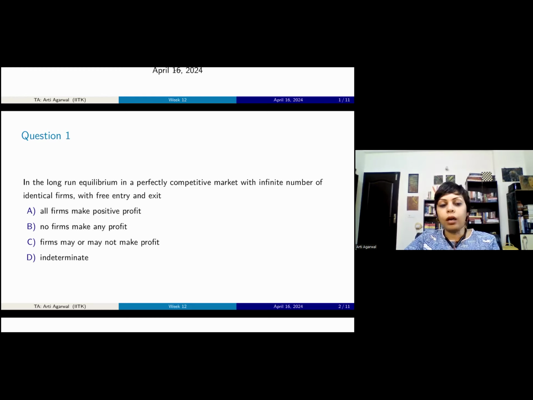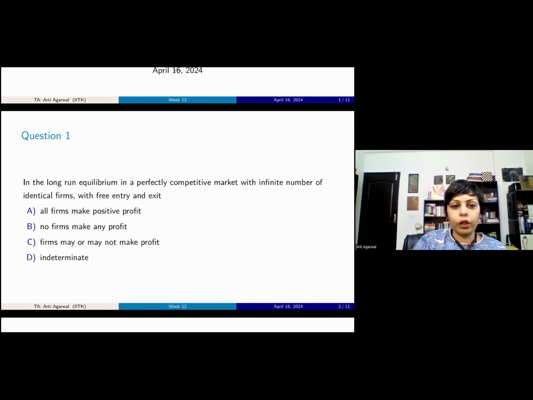That is not the type of exception we are discussing for the purpose of this particular course, at least, because this course is at a very basic level. Those things make it a lot more complex, and you won't get very neat calculations. Anyway, that's not perfect competition. We're talking about perfect competition, so there's always going to be an infinite number of firms. In the chapter on costs, I think you take the example of firms with different cost functions, so that may be different from one question to the other.